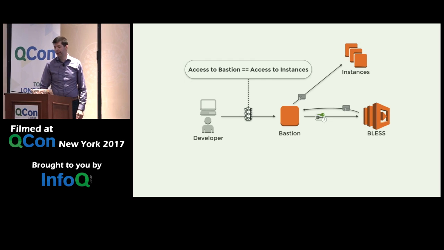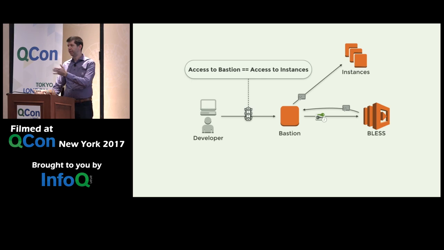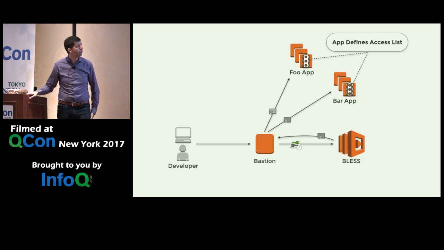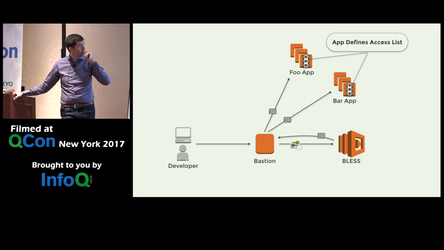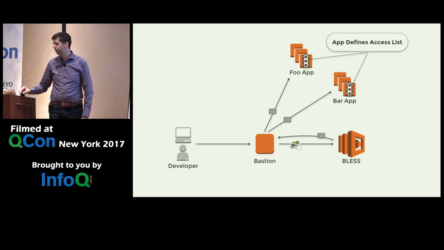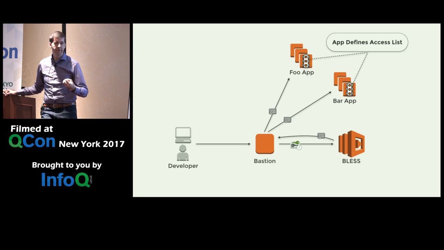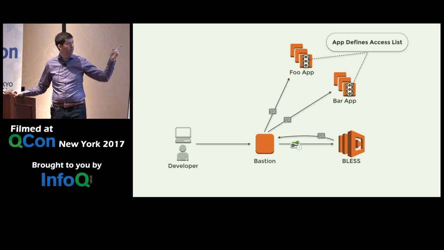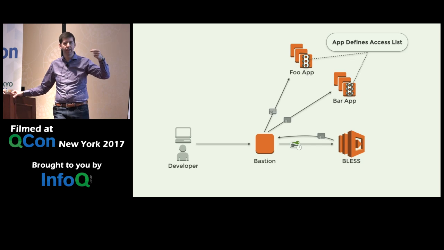But you might want something a little finer grain. And this is kind of where we started, and then we realized over the time period that it's useful to have a little more. And so the next step could be something like this. All right, I'm on the Bastion, but maybe I'm only allowed to go to particular apps. Now, I don't want to have a big central repository of every single permission for every developer and every app. So what I can do is just push this all the way out to the instances themselves, and they can set a policy and say, you have to be in this group, or you have to be this user, or something like that, before you can get into my app. Turns out to be a very useful construct. And that way, the information that Bless puts into the certificate can get used instance side in that principal to define who's actually allowed to come through.